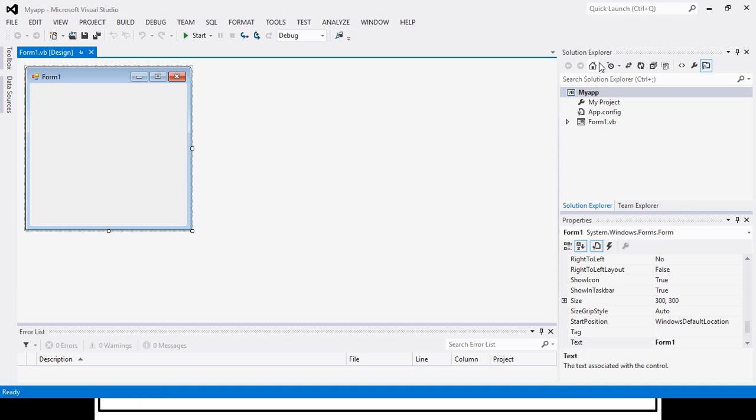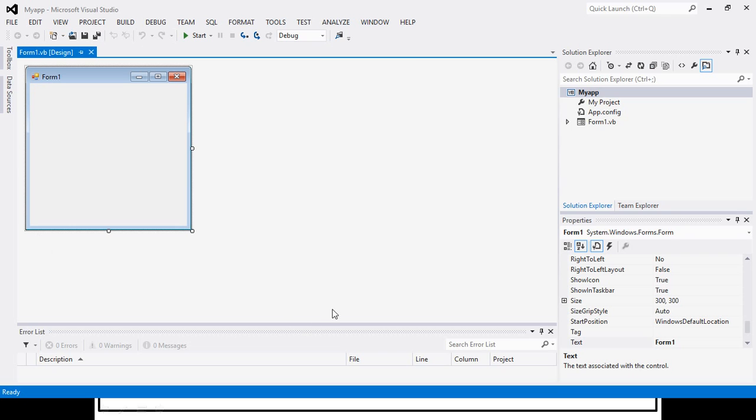So here in Solution Explorer you are able to see my app. In that we are having our form 1. Now this is the form design window. Okay. Now I will explain all the windows which are there in our Windows Form application. This is the title bar, which will display the project name that I have specified while creating it. That is my app. After that, this is the menu bar, which has various menus. And in the menu there are some options which are frequently required that are put into the toolbar.